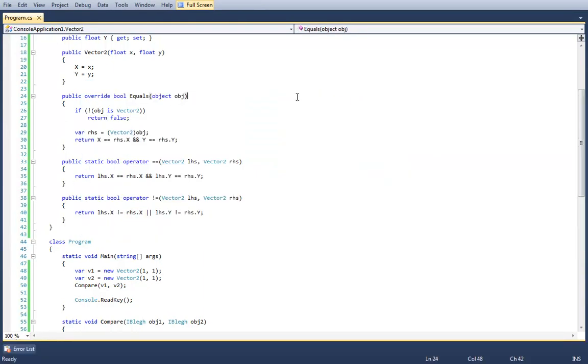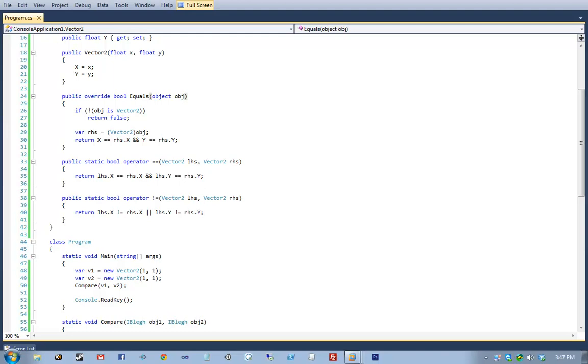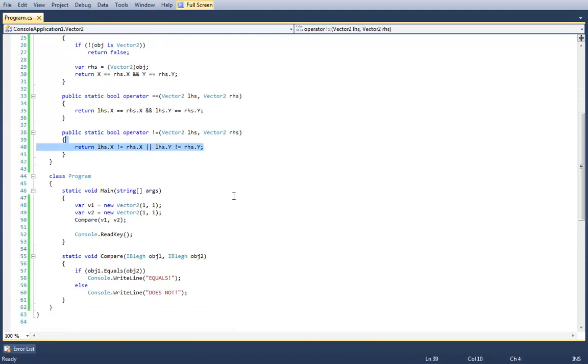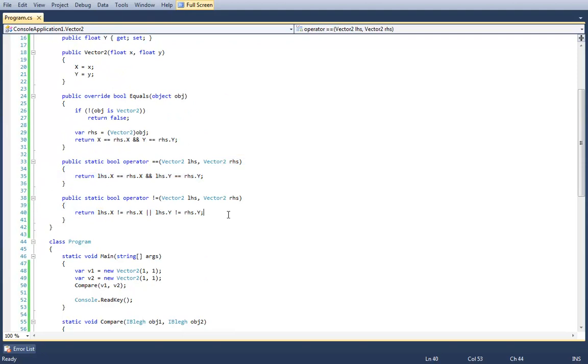But there are a lot of problems with this code. The most obvious problem is that we have redundancy with the equals and the not equals. Another problem is that our equals and not equals methods do not account for null. Both of these operator overloads will throw an exception if the left-hand side or right-hand side are null, which obviously is not something we want. So let's go ahead and write out some code for dealing with equality members of reference types.